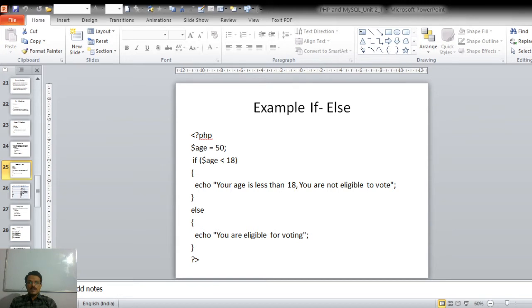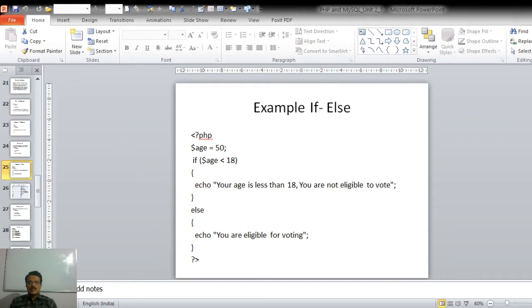Because for voting, the age should be greater than 18 years. If the age is greater than 18, then and only then the person will be eligible for voting. So we want to implement this logic in our program, and that is why we are writing it using the if-else statement.